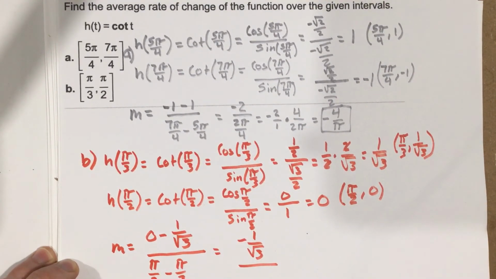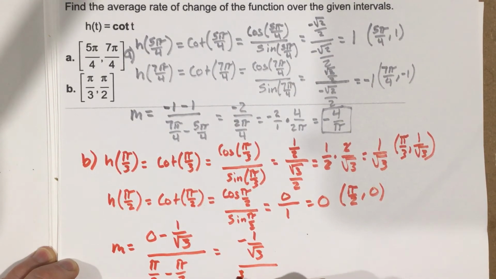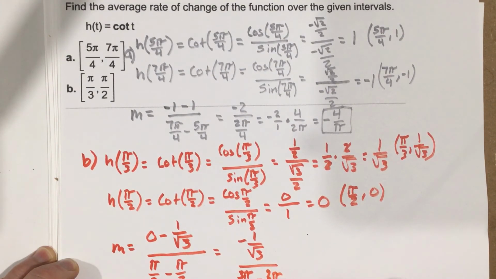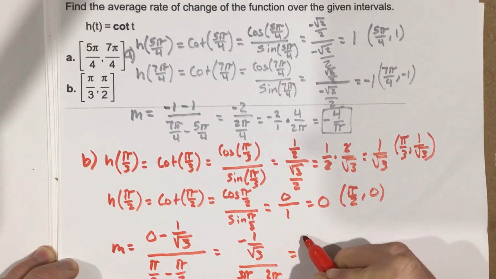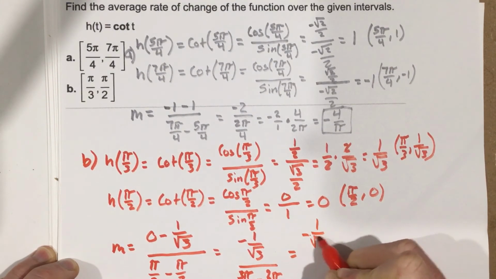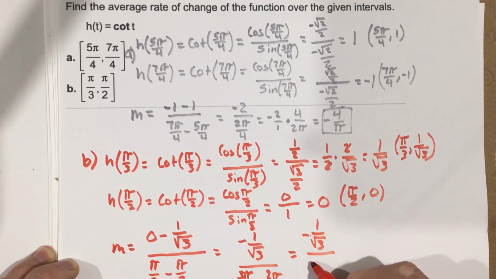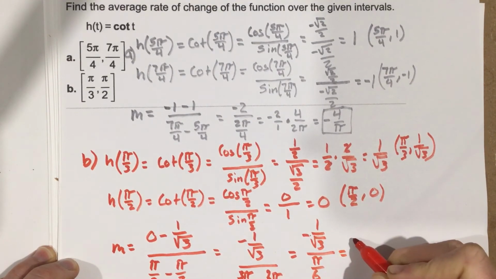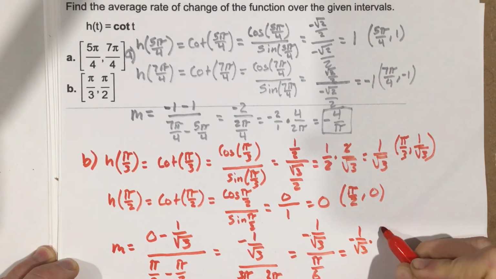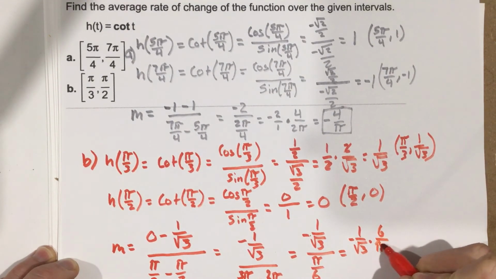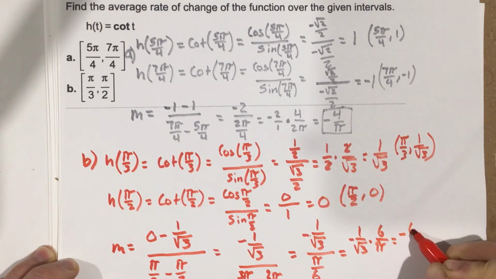Pi over 2 minus pi over 3 will give you 3 pi over 6 minus 2 pi over 6, which is going to give you negative 1 over root 3 over a single pi over 6. We're going to flip and multiply, so it's negative 1 over root 3 times 6 over pi, and we get negative 6